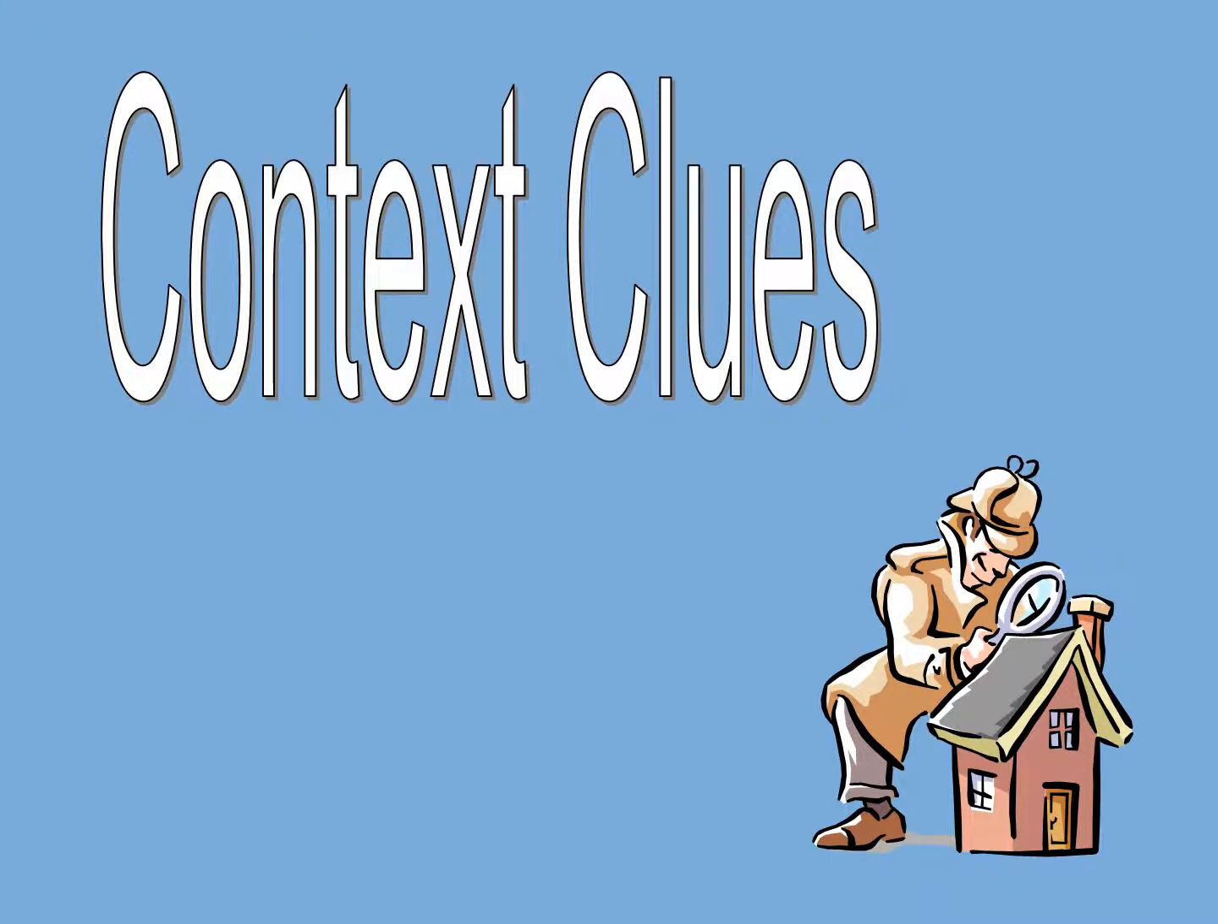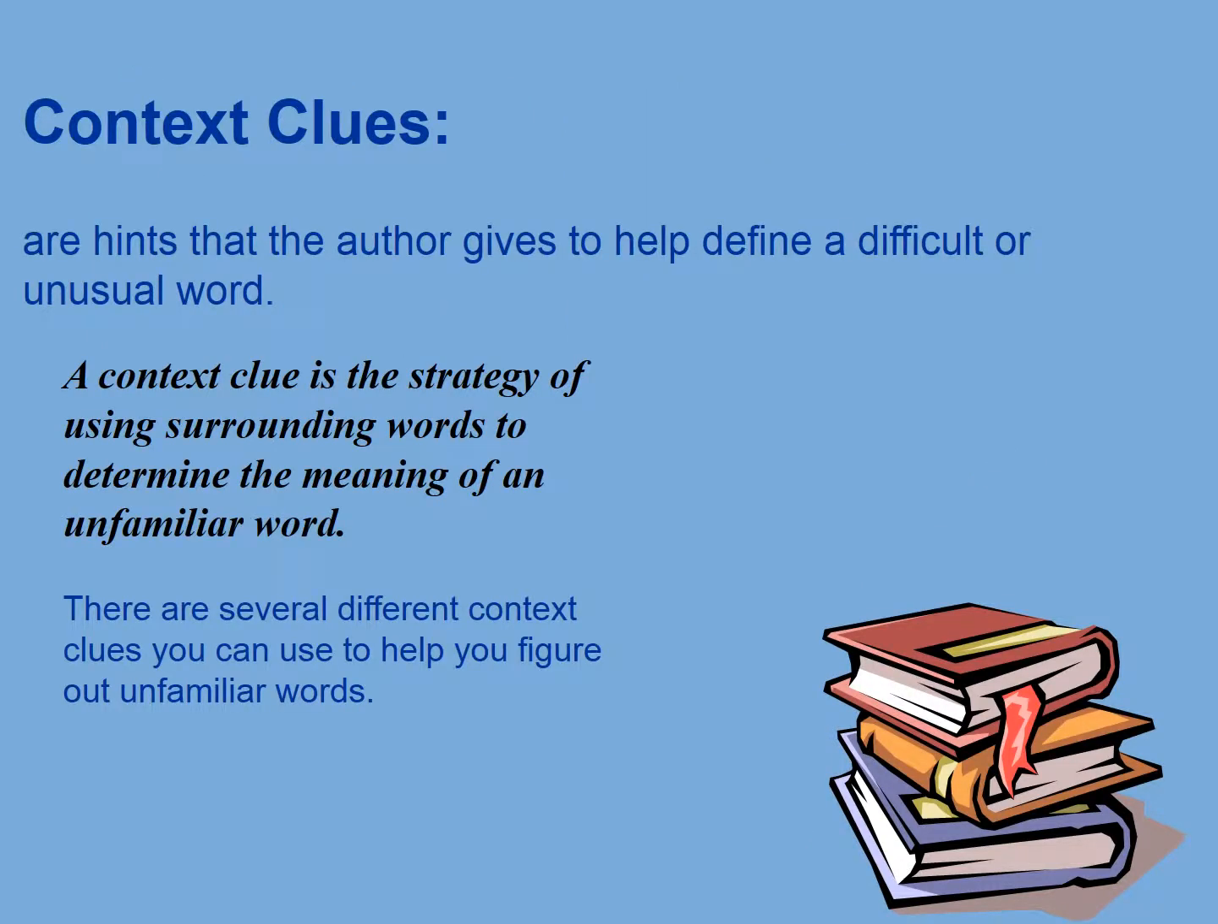Another strategy for active readers is being able to use context clues. When you are reading and you come across an unfamiliar word, using context clues is an effective way to garner the meaning of those unfamiliar words. You don't have the time to always stop and look the word up. So using context clues is a way to